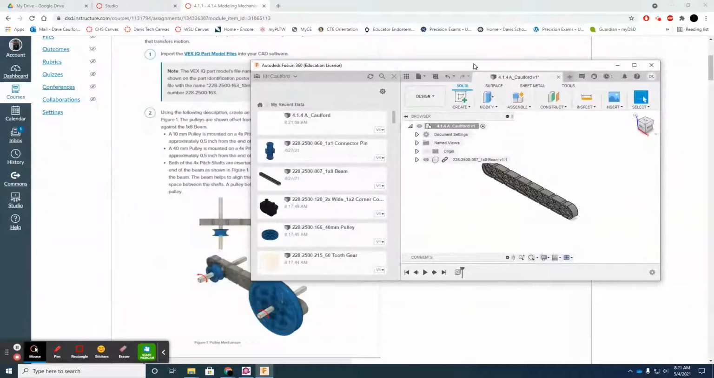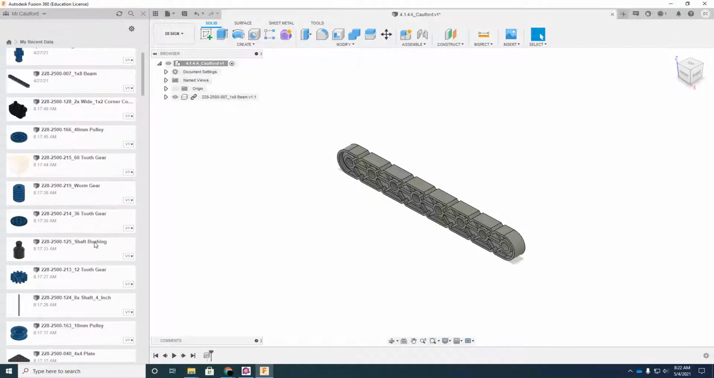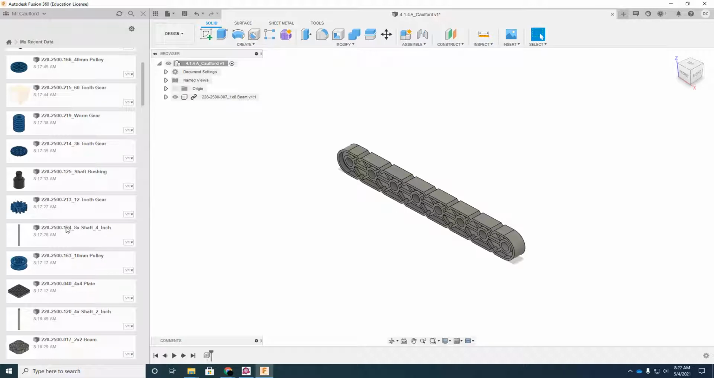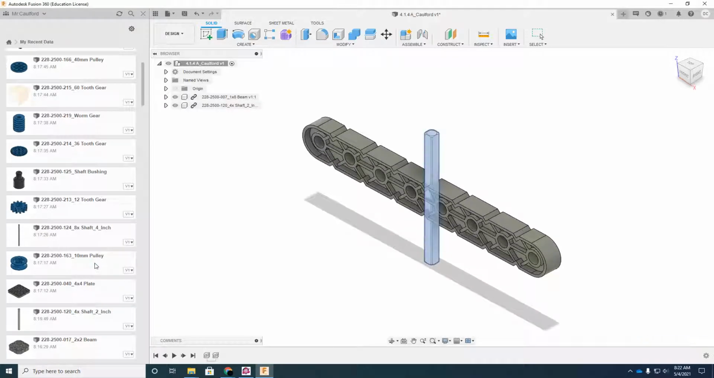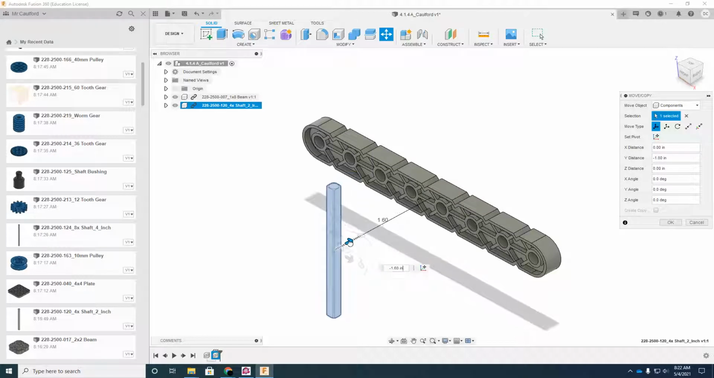All right, so the next thing I need to do is pull in the shaft and the pulley. I'm only going to do one of these just to show you guys how this is done. So here's the 8x shaft, here's the 4x shaft. Let's go ahead and pull that one in. And as this one's uploading, I also see my 10mm pulley right here as well. All right, so the shaft went ahead and placed itself right inside of that